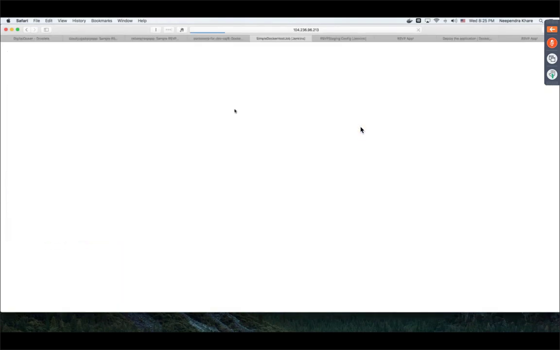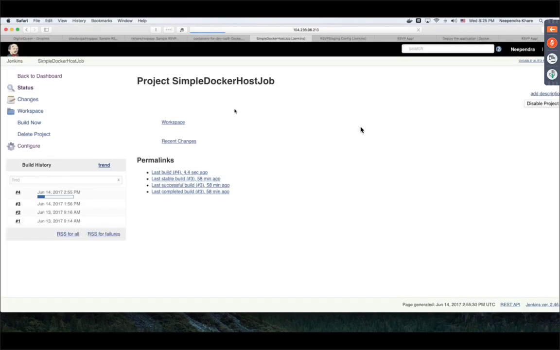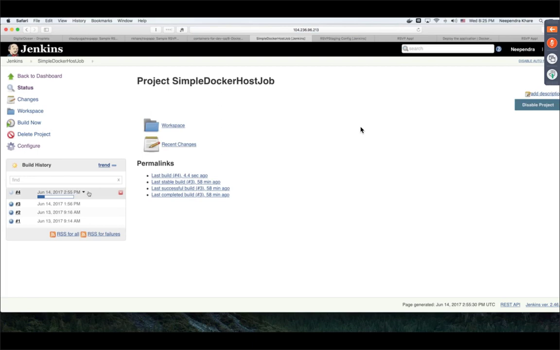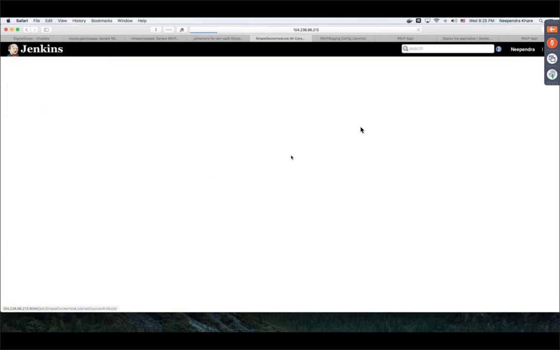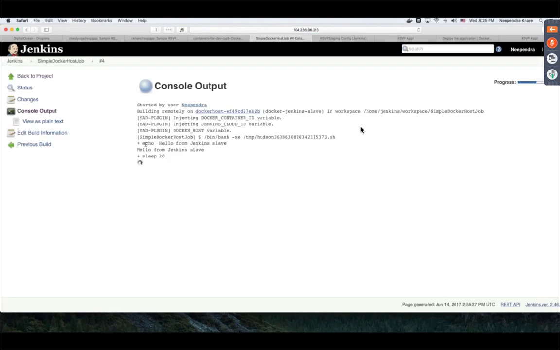Look at the logs here. We can see the logs that it has printed the echo message and sleeping for 20 seconds